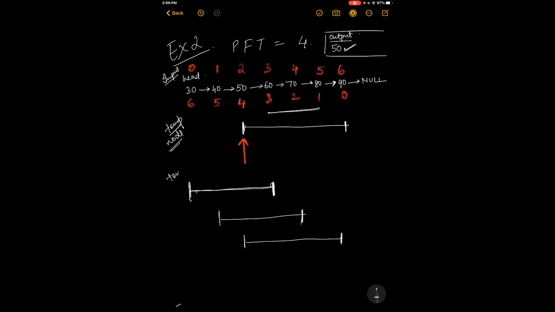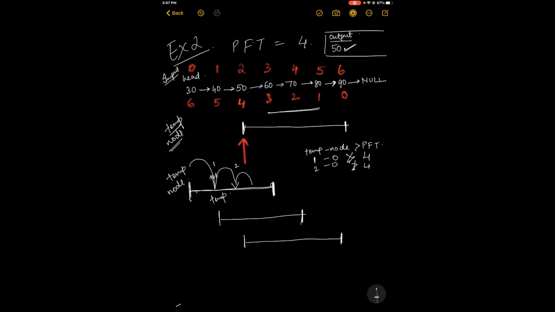So temp and node will both be here at first, that is at the 0th position. We will move temp one step forward. So our temp will be here next, and from here we will check if temp minus node is greater than position from tail. So right now temp is at 1. 1 minus 0 is not greater than 4. So temp will move one step forward, which is at second position. This is 1, this is 2. So again temp minus node, 2 minus 0 is not greater than 4.